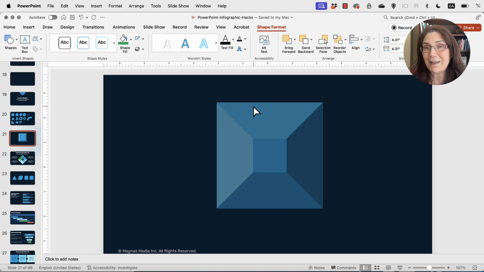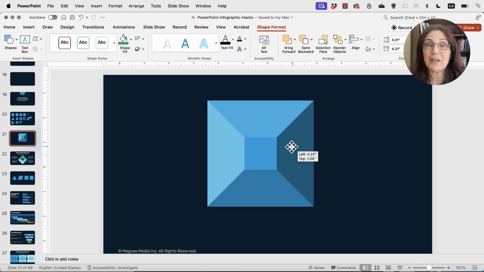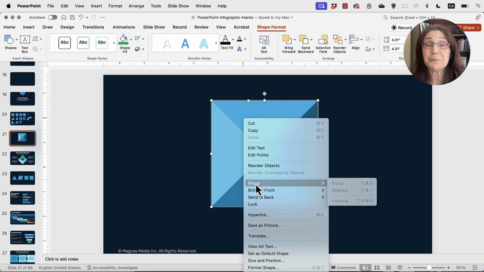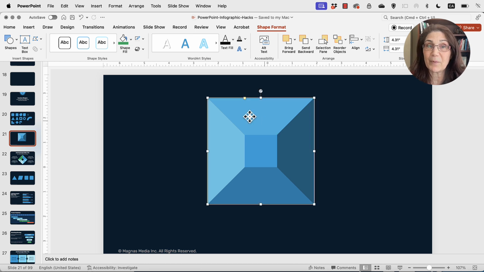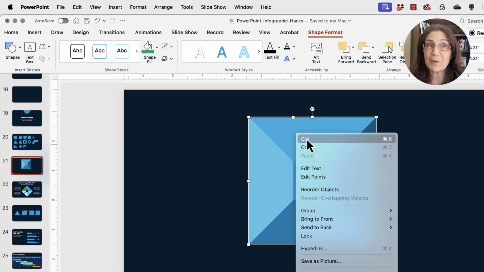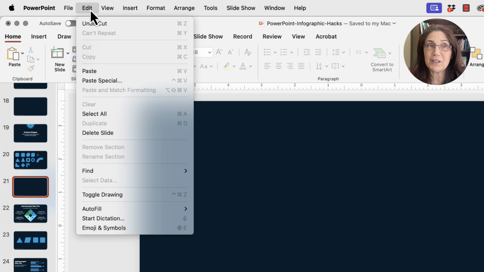Now, it doesn't look anything fancy or that I might be able to use. However, I'll be able to break this shape apart and use it in other ways. So for example, if I click on it right now and I try to ungroup it, that's not available. However, I can convert it into an SVG file, and now I'll be able to edit it. And to do that, all you have to do is right-click and say Cut. If you're on a PC, you can click on Edit and Cut. And then I'm going to click again on the Edit or right-click, whichever one is easier for you,